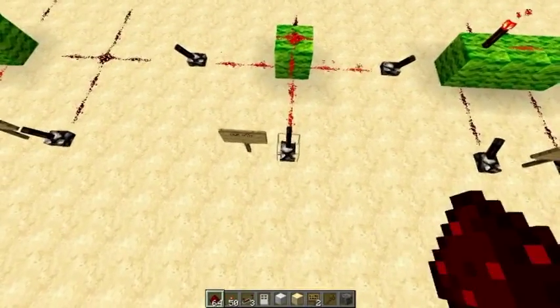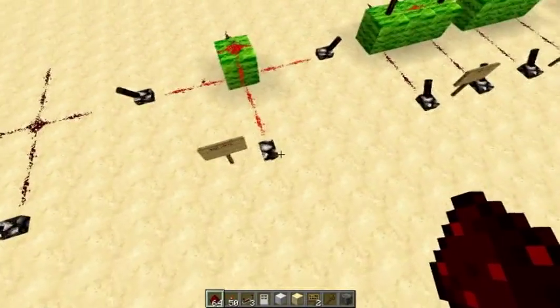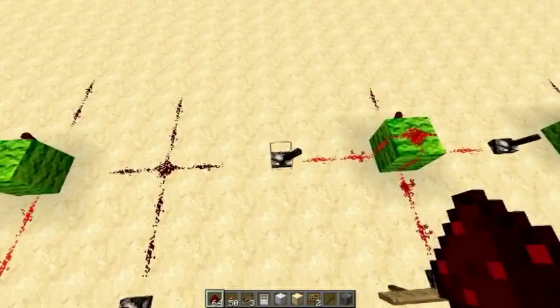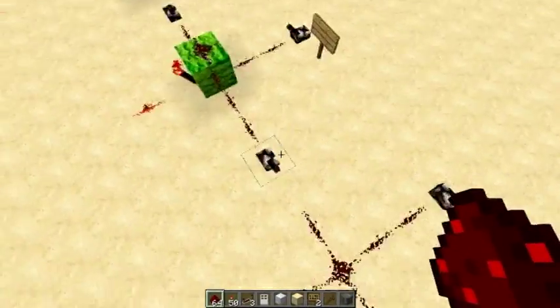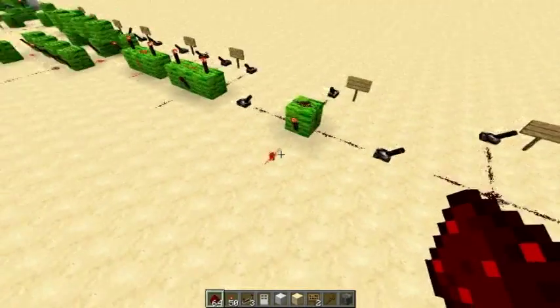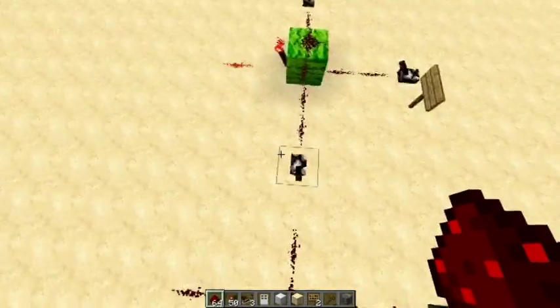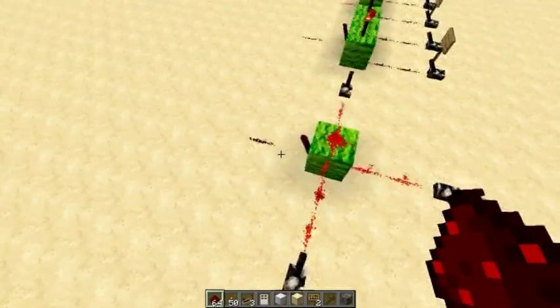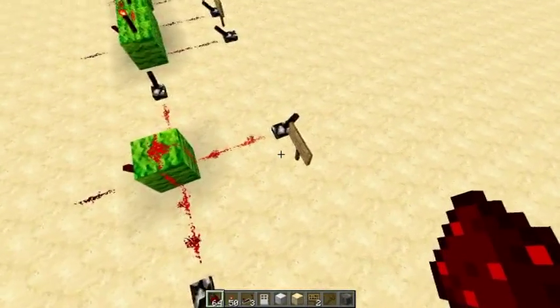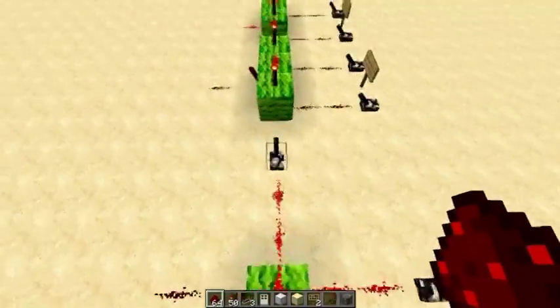I get them all turned off somehow. I think it's that one. Nope, that one. There we go. So once all of those are off, it means the output is on, but as soon as one of them is on or more, then it's always going to stay off